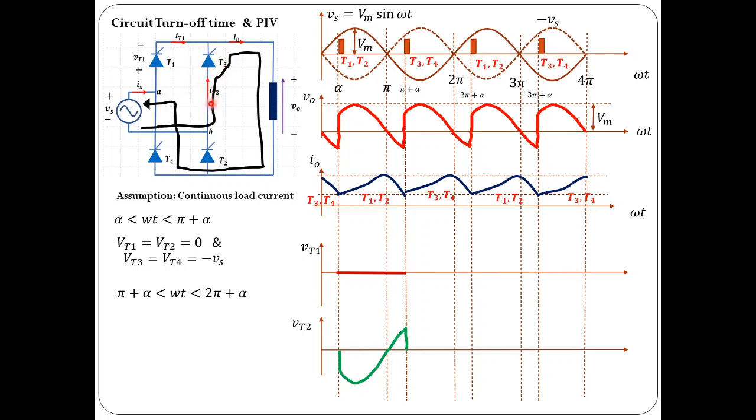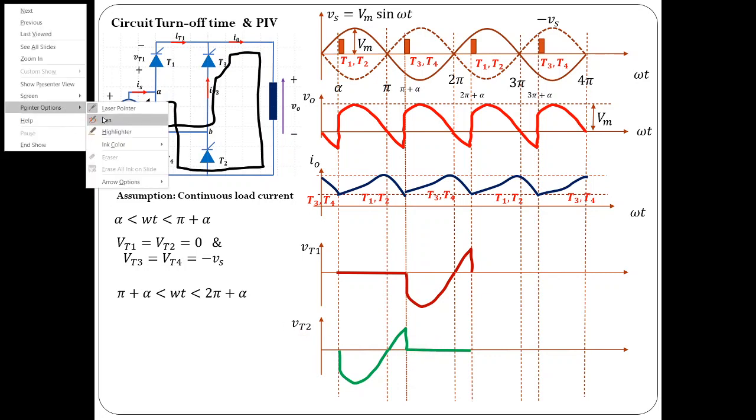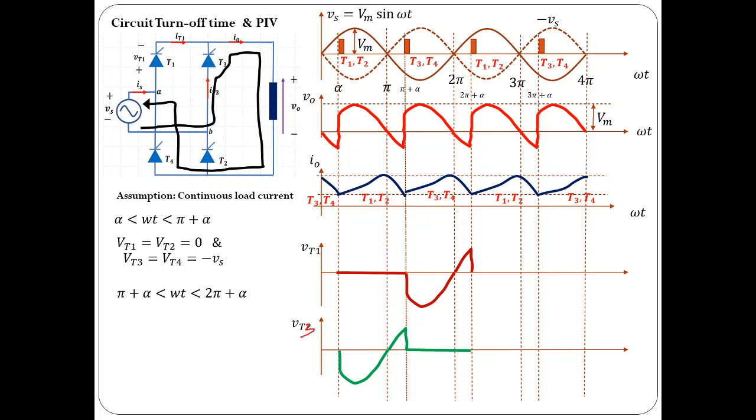Now if you find the voltage across T1 and T2 during this period, the voltage across T1 would be the same as VAB, and T2 also is going to be the same as VAB, because the anode voltage is the same as VA, and the cathode voltage is the same as VB. So VAB is the voltage across T1 and T2. Coming to the voltage across T3 and T4, both are conducting, so the voltage across them is going to be 0. So that is indicated this way. I'm sorry, it is VT3, so let me make this correction first.